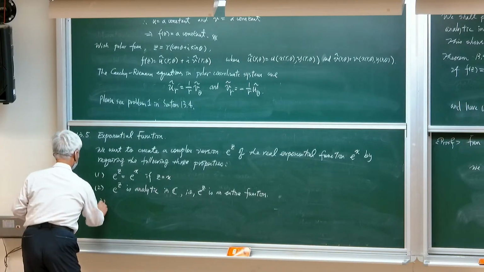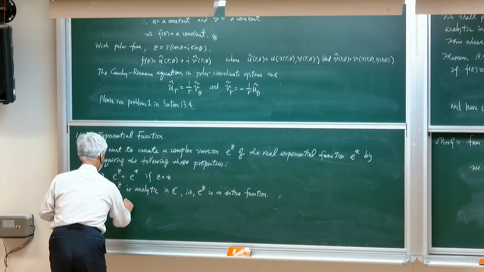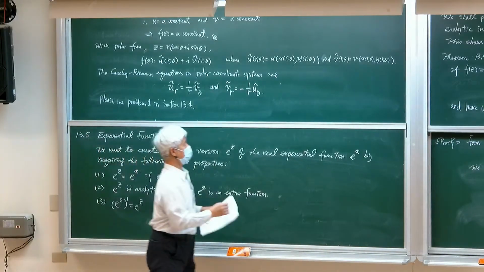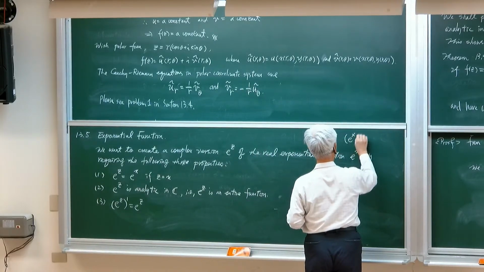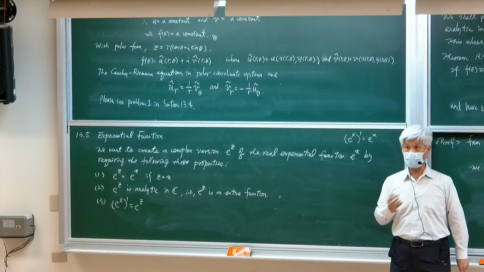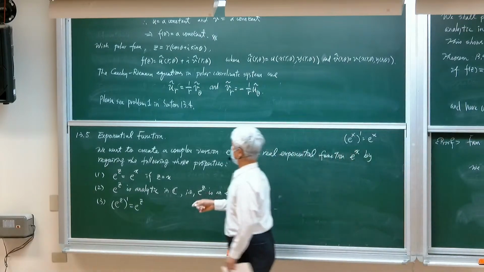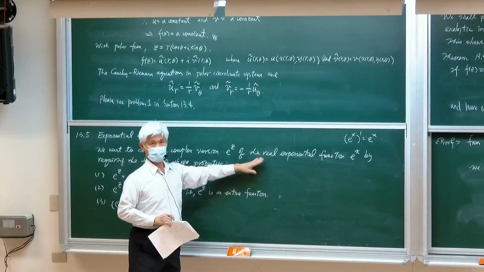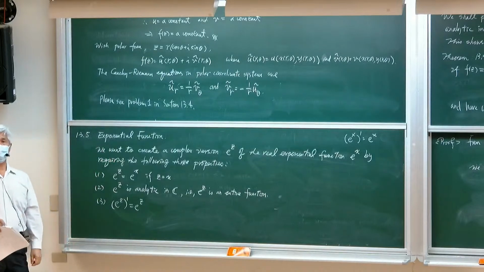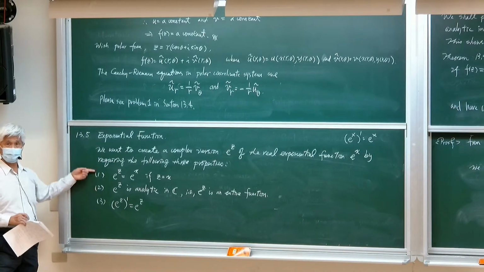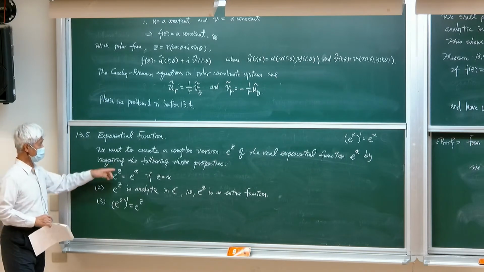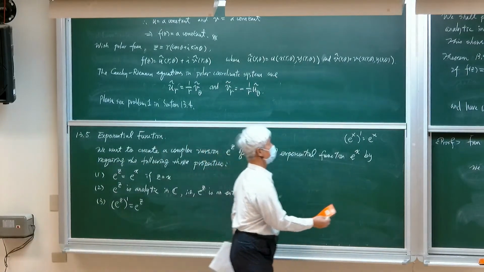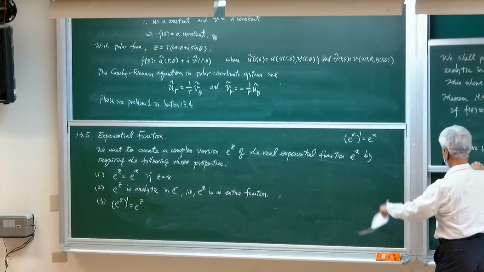And the third one, of course, we want the derivative of E(z) to be itself, because the derivative, as we know, is itself in the real world. So we want to create a complex version of the real exponential function satisfying these three properties. And they are reasonable, right, to have functions having these three properties. Now we will show, with these three properties,